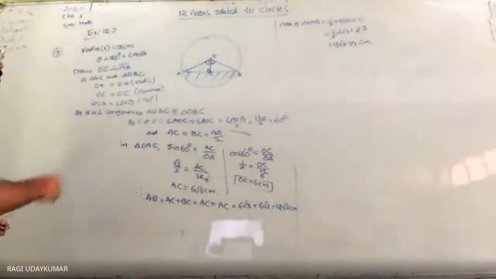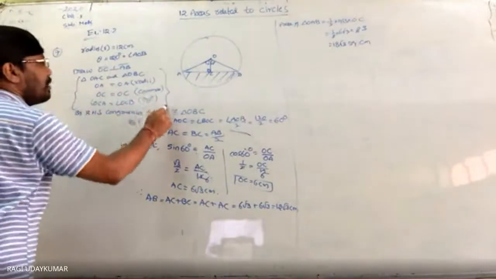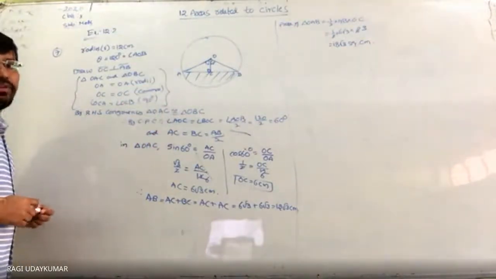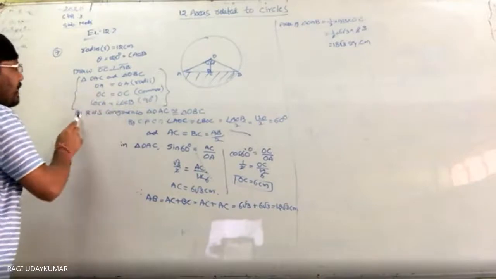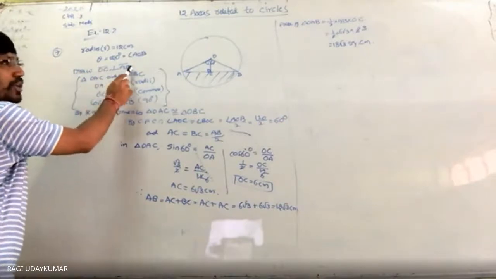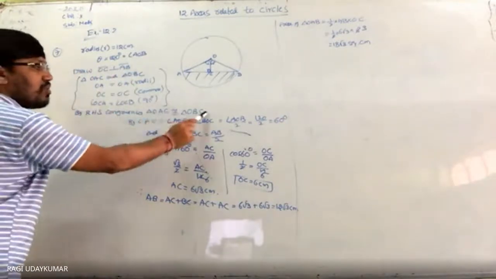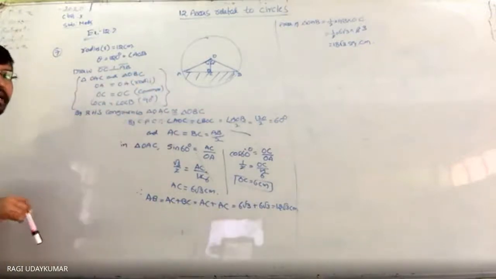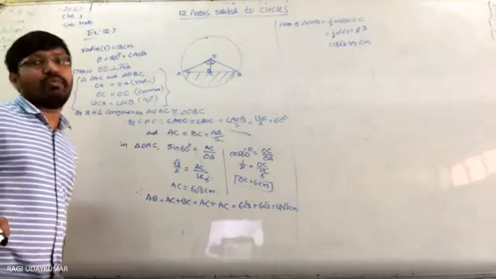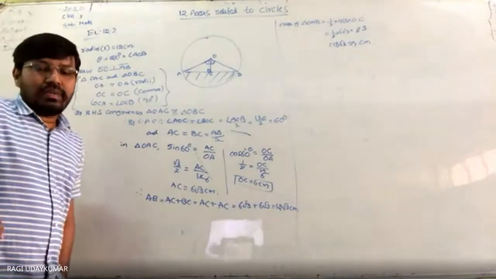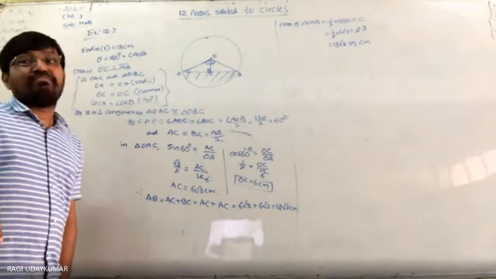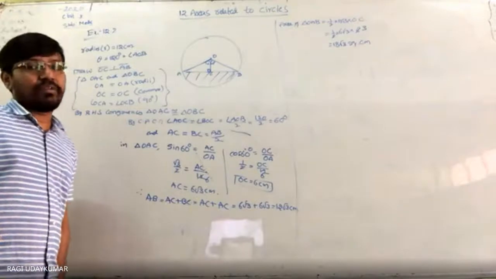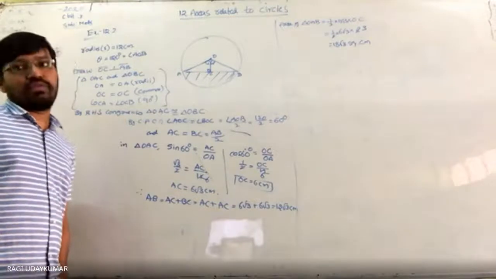I have explained you this part little bit lengthy. In the exam if you want you can write that directly: draw OC perpendicular to AD, by RHS congruency these two are congruent. ये पार्ट लिख दिया तो बस. ये पार्ट थोड़ा avoid करना है तो कर सकते हैं, you can avoid because it is not a triangle and you are very well perfect in triangles, so that's why it is not necessary.